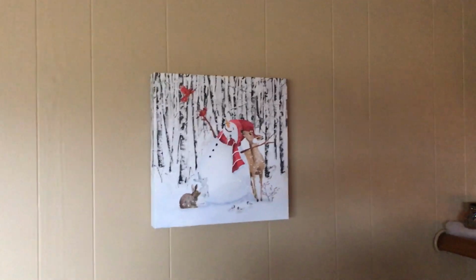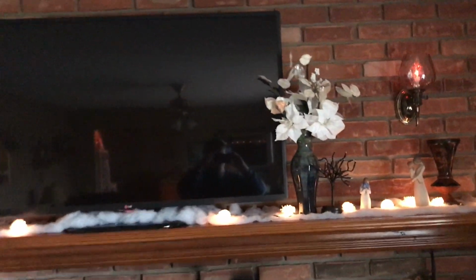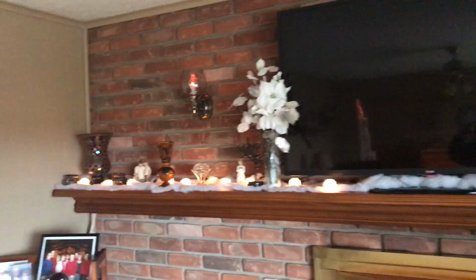And coming over here, this painting or picture frame that was like over there with the big one is very wintry, so I leave that out and I just move it over here. And then on the mantle I leave the snow and the pine cones because they're very wintry and I really like them. And then this here is new. I put these white flowers in there. They're like white poinsettias and then these weird like silverish leaves, so I leave those here